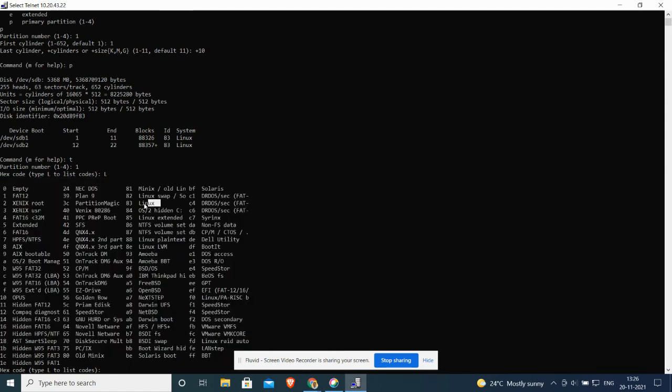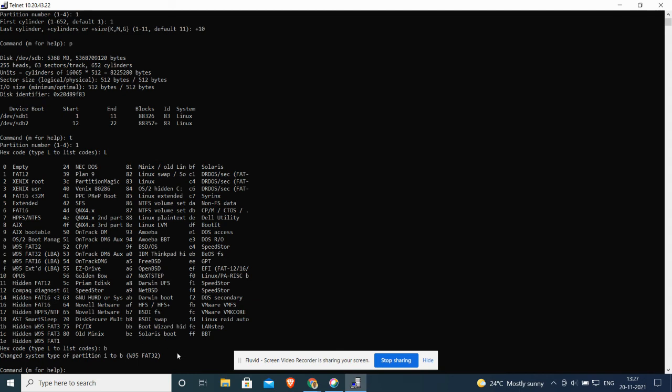For example, 83 was the file system for Linux. Let's change it to FAT32 for Windows 95. For changing it to FAT32 for Windows 95, we have to give the hexadecimal code, that is B. So I give the hexadecimal code B, and the file system will be changed.